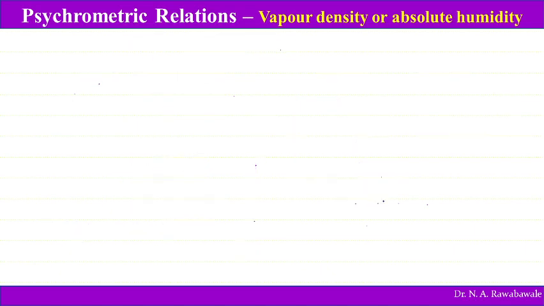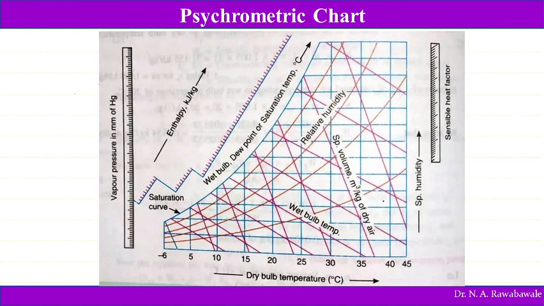So now coming to this next term, that is what we say a psychometric chart. The properties of air are plotted on a graph. A graphical representation of properties of air is known as a psychometric chart. Various lines are plotted on this graph, and what these lines signify, that we must know. Various properties of moist air can be taken from this psychometric chart, which increases the calculation efficiency or the easiness for getting the data.